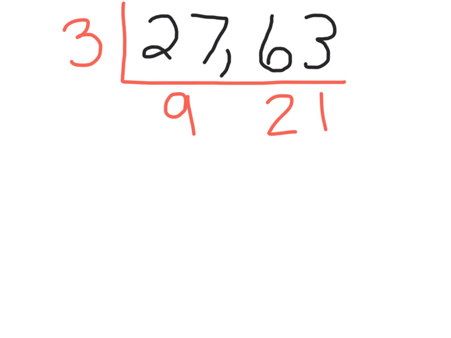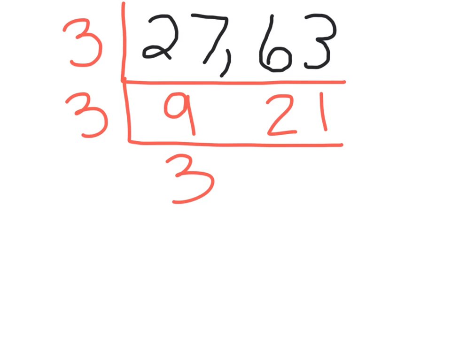Look at the two numbers and decide if there's another prime number you could divide both of them by. We can't divide by 2 because neither of them are even, but we can divide both of them by 3. So we have 9 divided by 3 is 3. 21 divided by 3 is 7. So we have 3 and 7 left over in our cake. There's no prime number that we could divide both of them by, so that's how we know we're done with